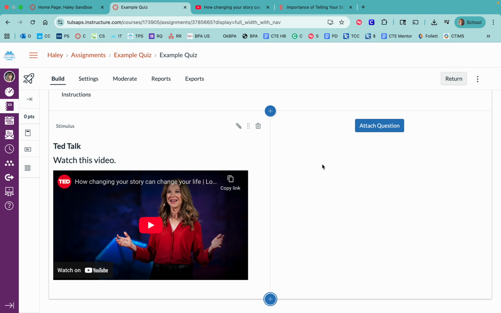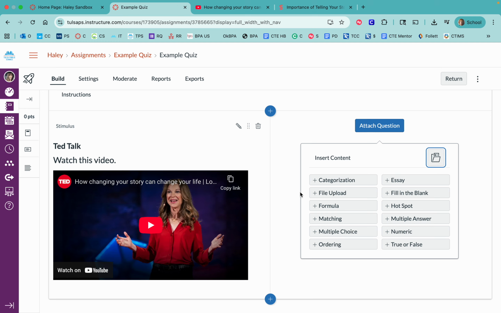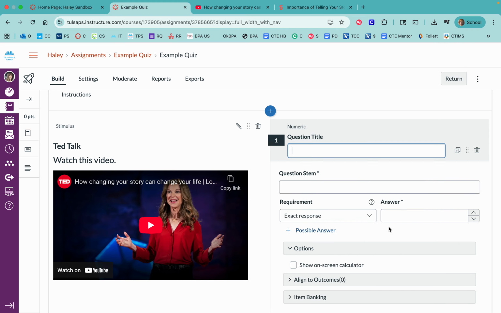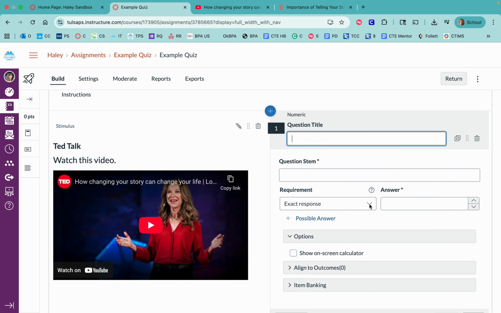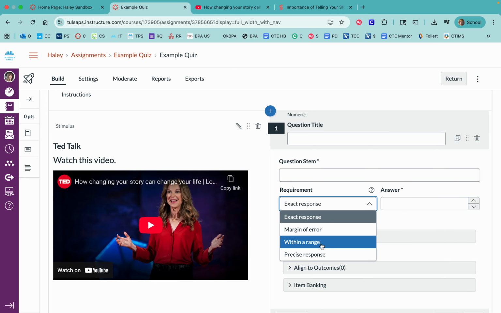All right, so this is how you add the different kinds of questions. Some of these, I'm not really sure what a hotspot is, but if you want a numeric answer, the exact response, or you can get a margin of error within a range, like between this and that, or a precise